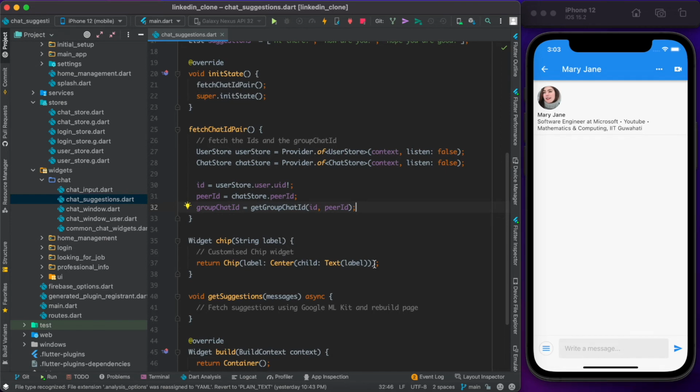We want to add some gesture detector on top of that, so that whenever I'm trying to submit a message, or I'm trying to click on one of those suggestions, it actually gets into Firestore, and it's submitted as a message, or basically a message is sent. So we are going to do that right now, and for that we'll be using the expanded and the gesture detector widgets.